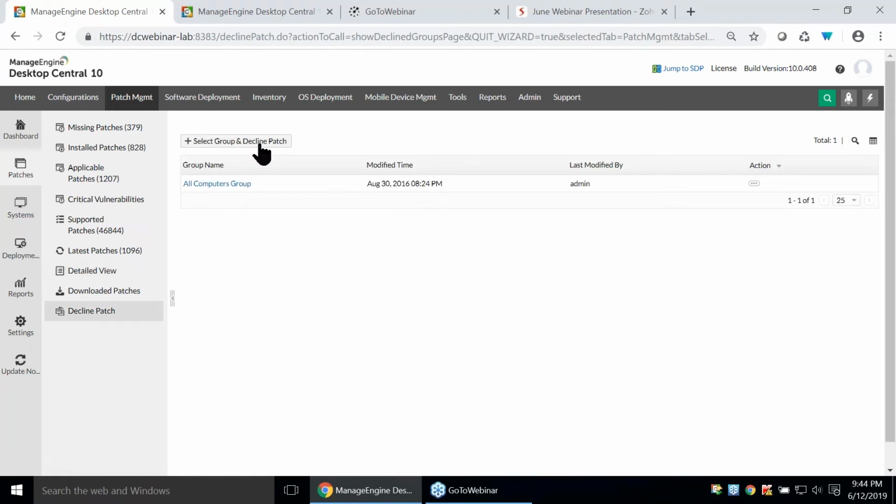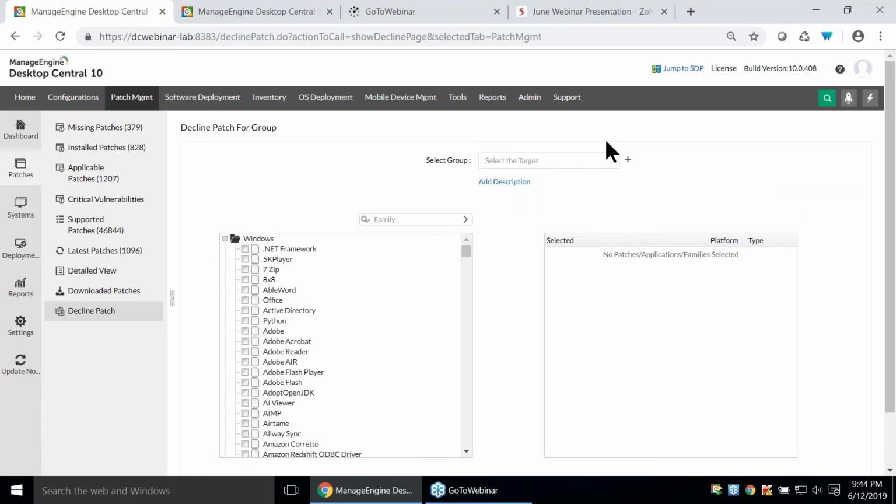And I was talking about the decline patch option. So if you feel a specific patch is creating a lot of issues, no need to worry. You can just come up over here. You can choose the target machines, whether you need it for the entire group or a specific user group, where you need to decline those patches. You can choose which update you wish to decline, whether I need to decline a specific patch or I wish to decline an entire application or the vendor. I can choose all that information over here. So using this, it's going to help you decline the patches based on your requirement,